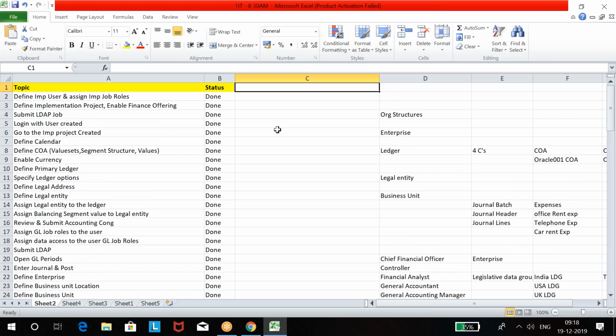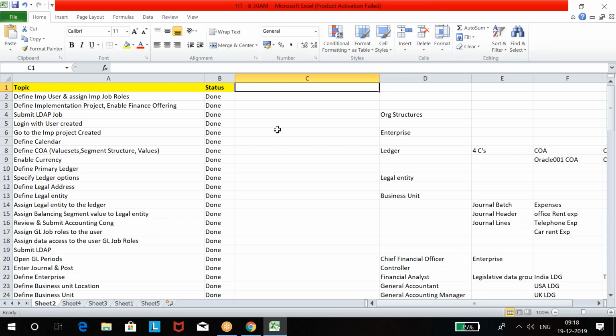See, an employee user can be a procurement agent. If you are not a procurement agent, you will not be able to create suppliers. An employee user can be a collector in receivables. If you are not a collector, then you cannot create receipts, I mean, cash cannot be collected from the customer. That is nothing but receipts. And if you are not an employee user, then you cannot be a seller. You cannot do the sales process in order management. That's why you have to be an employee user to do all these activities.